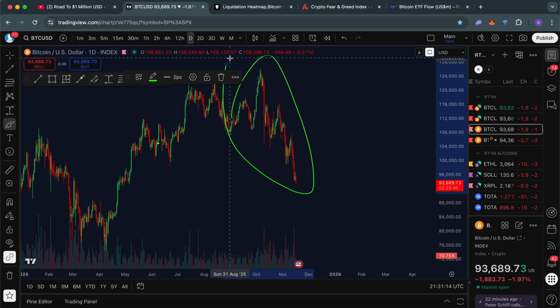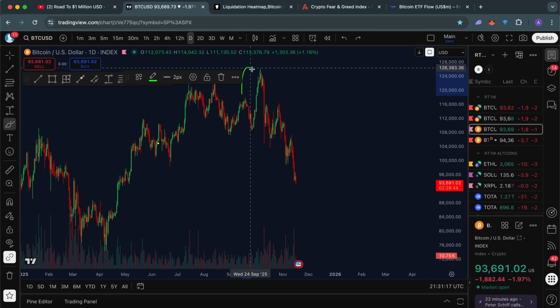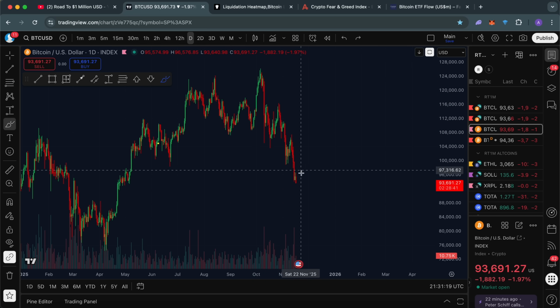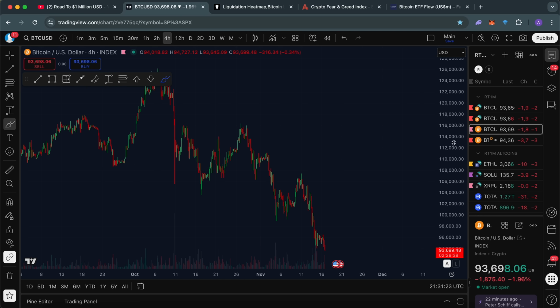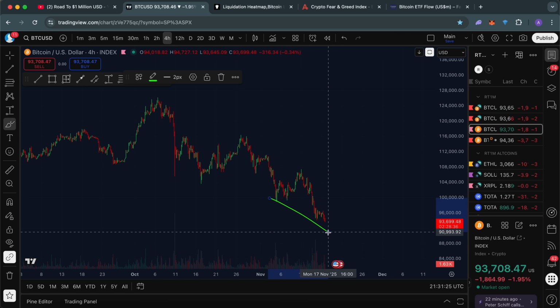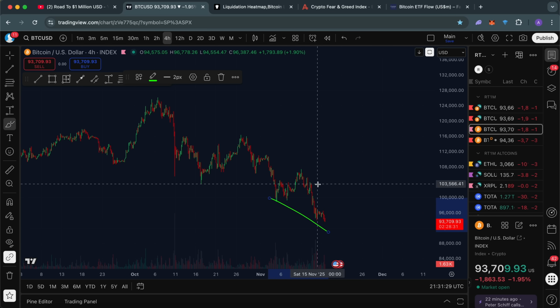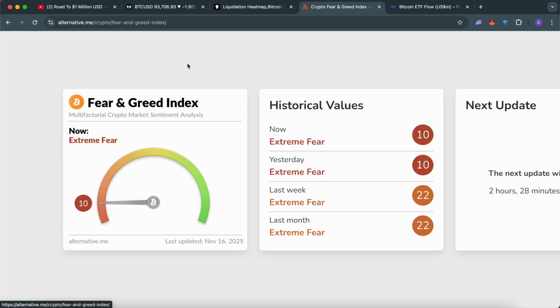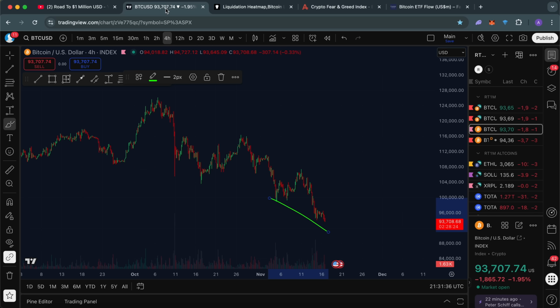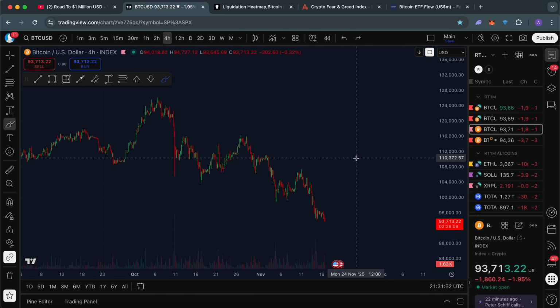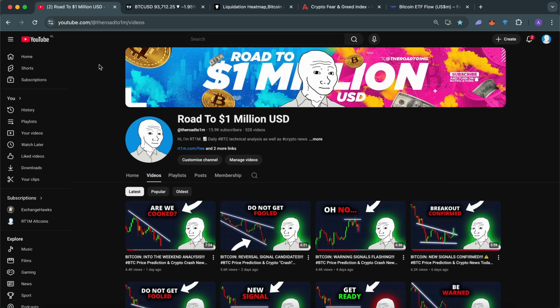So to summarize this video here, guys, overall, we are still in a downtrend on the higher time frames. We are also in a downtrend on the lower time frames. However, we need to be open to the possibility for some kind of bullish divergence or other reversal signals showing up sometime soon. So while everyone is bearish, as we can see in this fear and greed index, we need to stay sharp in this market and keep an open mind for possible short-term counter-trend bounces. Either way, this has been today's market update.